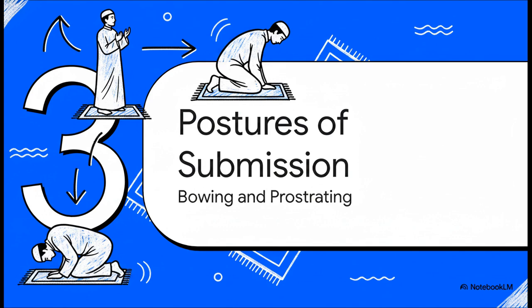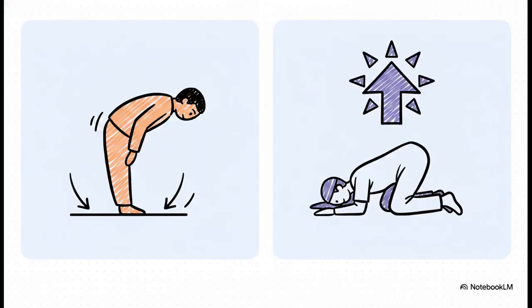All right, Section 3, Postures of Submission. Following another takbir, the physical posture completely shifts into bowing and prostrating. Notice the subtle but honestly vital difference between these two major physical movements. When bowing, which is the Ruku, the recitation praises the Supreme Lord. But then when fully prostrating with your forehead literally on the ground in sujud, the phrase praises the Most High.